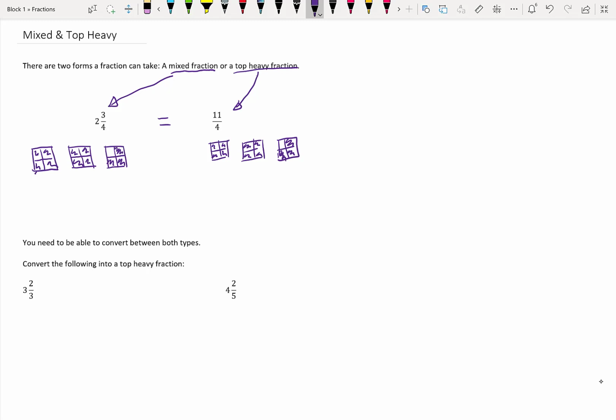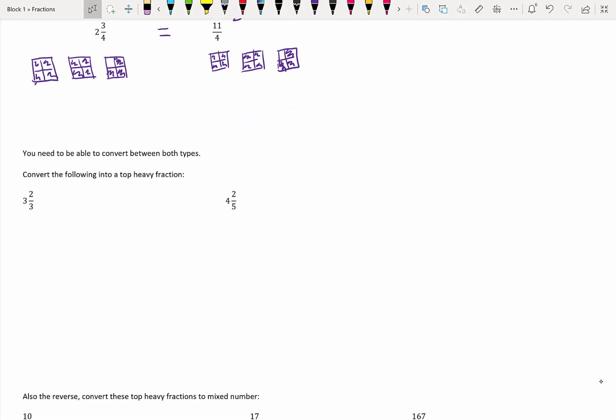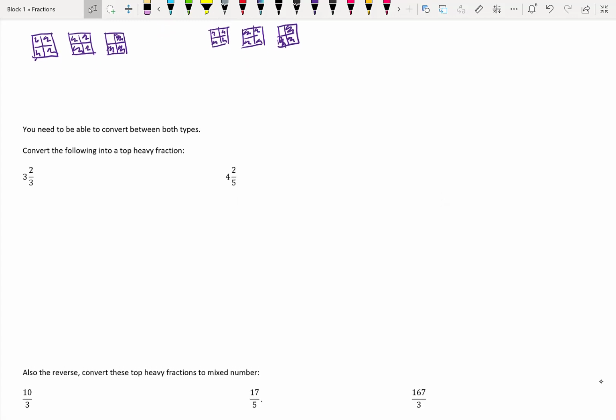Okay, so we need to be aware of them, and we need to be able to identify the differences. We also need to be able to convert between the types. So, looking at what we've got here, first one we've got is 3 whole and 2/3. So again, if we think about what we've got in terms of our picture, we start to draw it out,